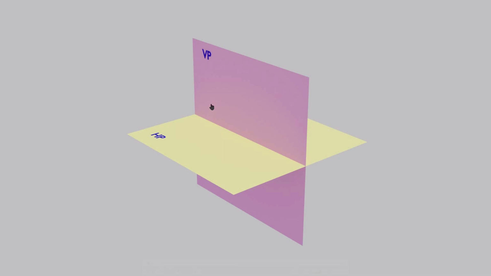As far as graphics is concerned, we will not go behind and look at the second quadrant or the third quadrant. We will stand in front of the first quadrant and our front view will be in this direction towards the first quadrant, and the top view will be from above. We will not go below. This is something that we have to keep in mind. Now let us see the 4 different quadrants.